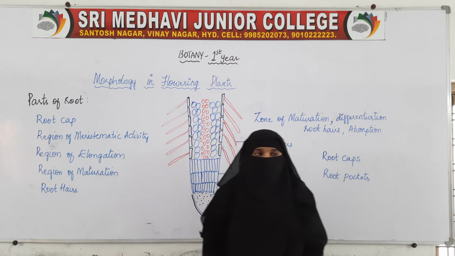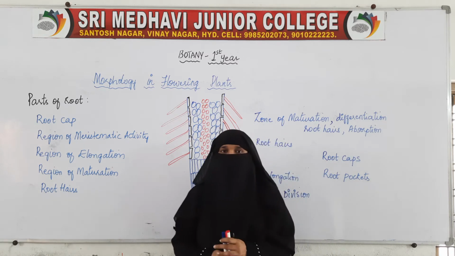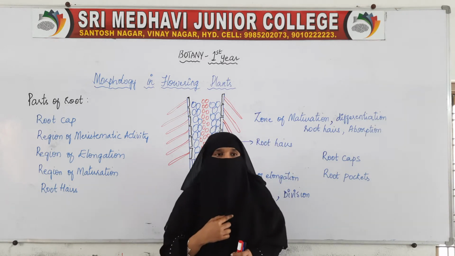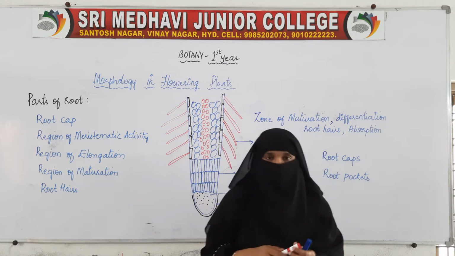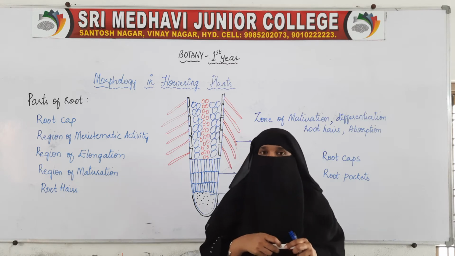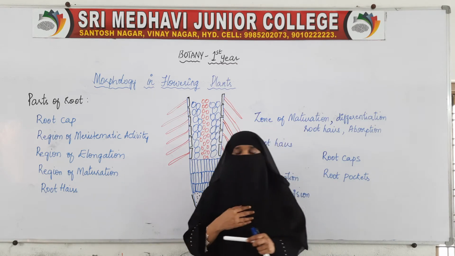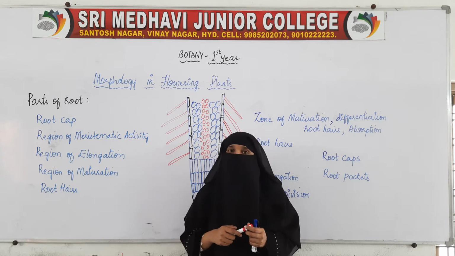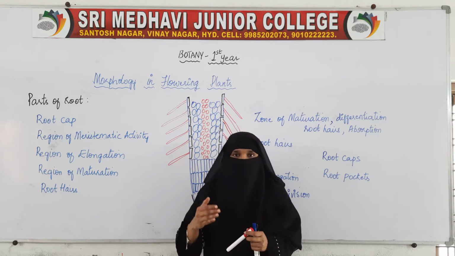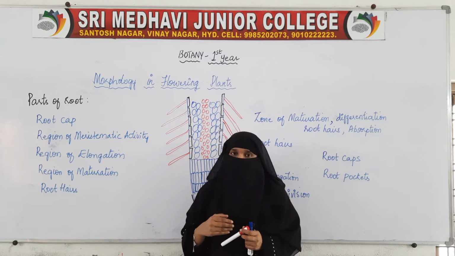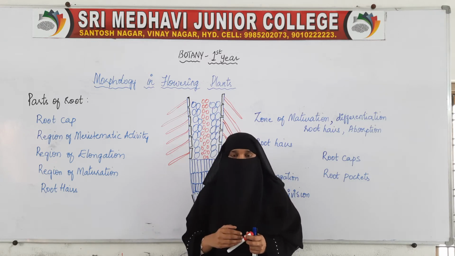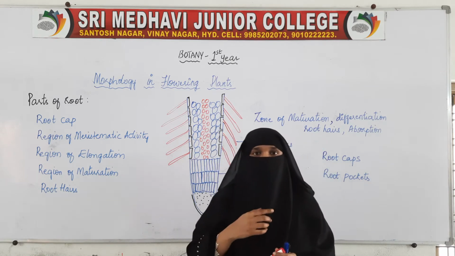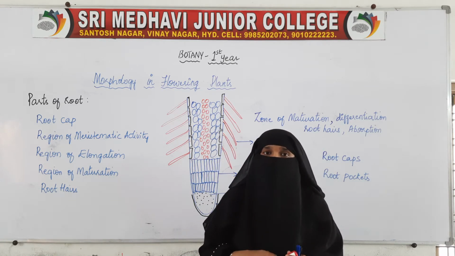Welcome students. Here today in this class we will be discussing the different parts of the roots. In the previous class we started with this new topic and we have seen the functions of roots. What is root, functions of root, and we have even seen the categories of the root, that is, we have primary root, and from the primary root arises the secondary root, and from the secondary root arises the tertiary root, and so on it will go. So these are the different categories of the roots.